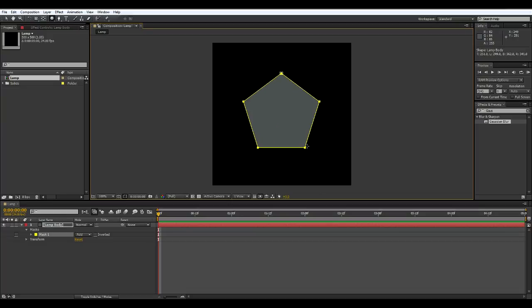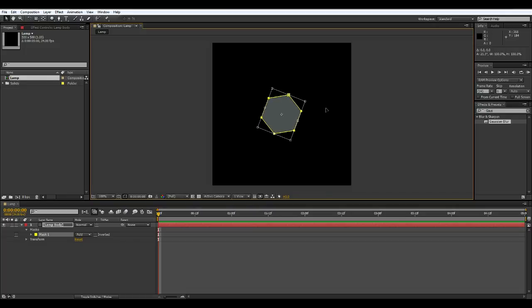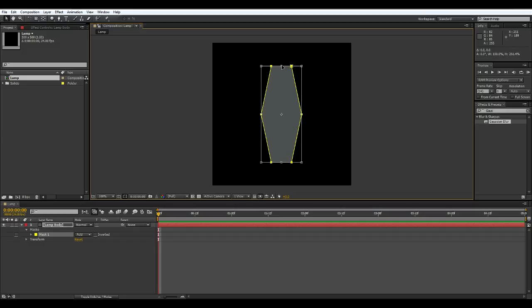And if you don't have enough sides, just scroll up on the scroll wheel and that'll add more sides. But we want 6 for right now. We want to make it kind of small, so something like that. We want to rotate it, so press Ctrl T and just look up here, it'll show you we want that degrees sign there to be 30 degrees, like that. Okay, we want it to be a bit bigger, so hold down Ctrl T again, grab this handle, hold down Control, just drag out,